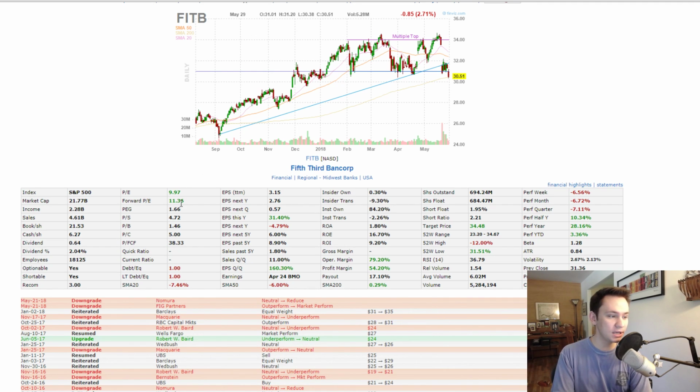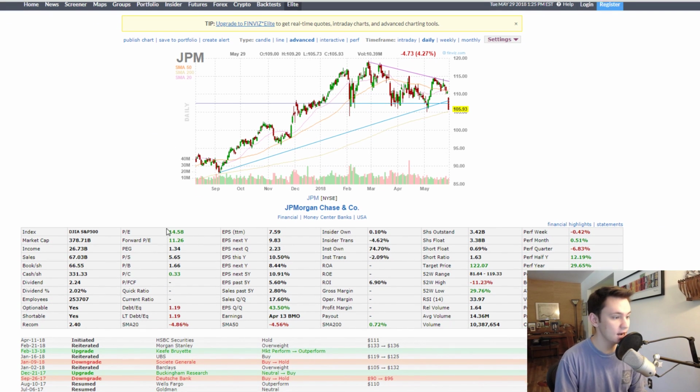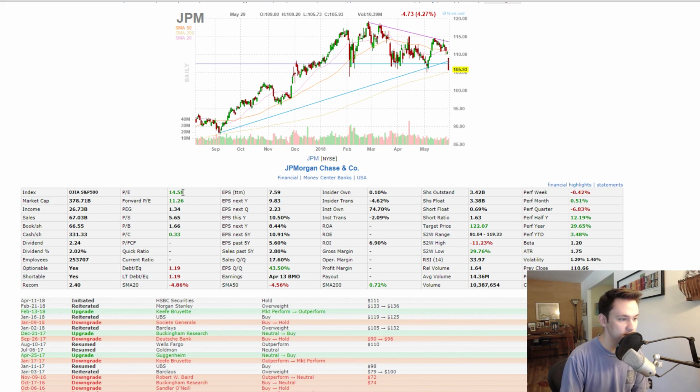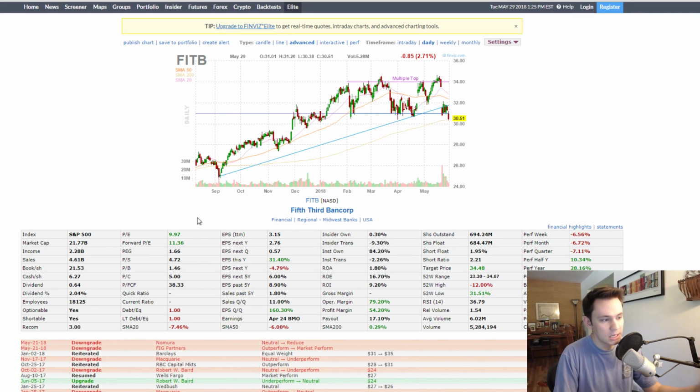So right now we can see that they have a price to earnings ratio of about 10, and a forward estimated price to earnings ratio over the next fiscal year of about 11. This is generally considered pretty good, I think. If we compare them to another financial institution, JP Morgan Chase, they have similar price to earnings ratios, a little bit higher, another 11. So Fifth Third is maybe slightly undervalued, I'd think,